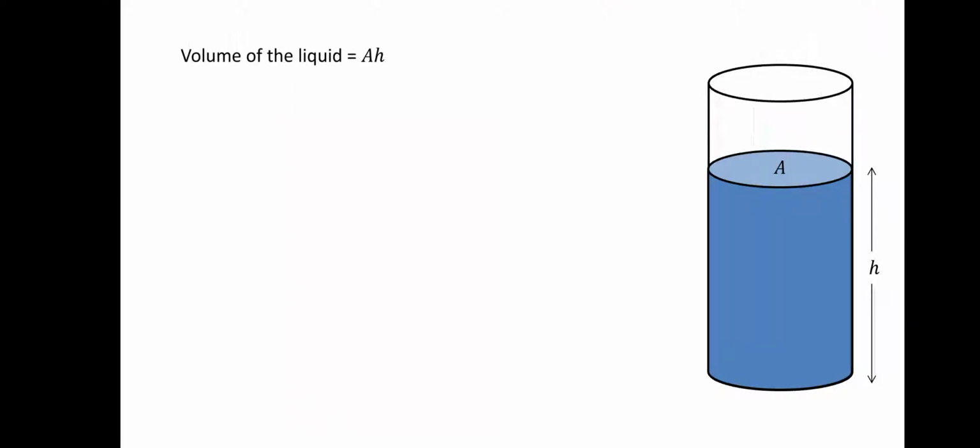And we also assume that the density of this liquid is D. So if the density is D, then we know that mass is equal to volume multiplied with the density. Volume into density gives mass, or we can say that mass divided by density is equal to volume, or we can say the density is equal to mass per unit volume. So when you multiply volume with density, you will get the mass of the liquid.